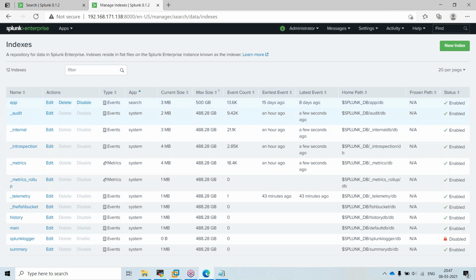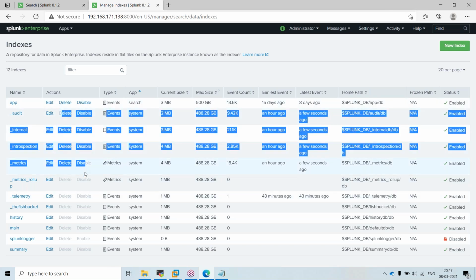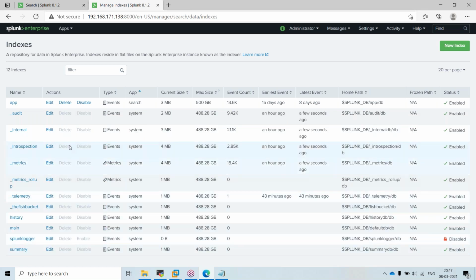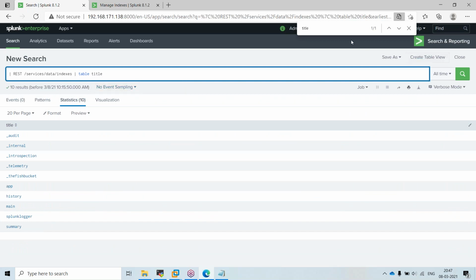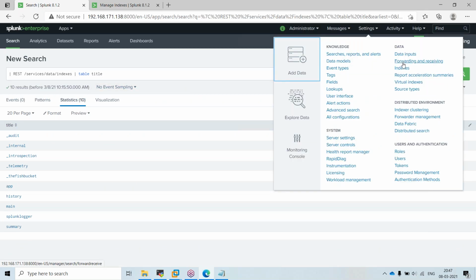If you see the actions, everything will be disabled for the system defined ones. You can't delete or disable them. Only an administrator will get those options. So you can't search here; the only way you have to search is here. In your own environment, if you can't see these indexes, you won't see this section at all.